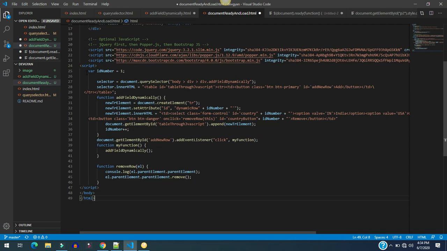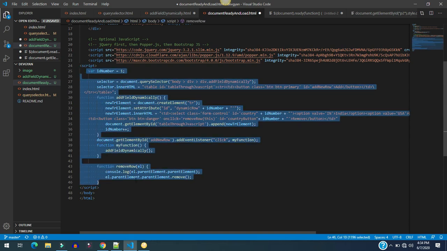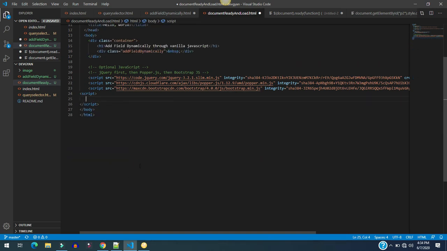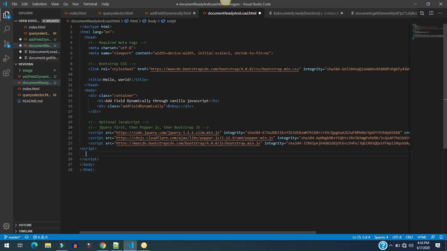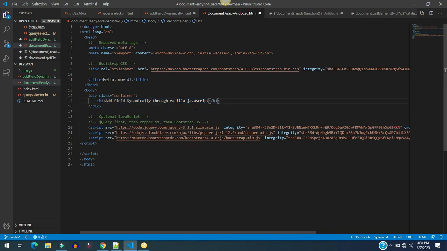Now I am going to remove this script from here because I will explain it step by step, and this is also not required. Here I am going to write a heading so that you can understand the purpose of this HTML page.